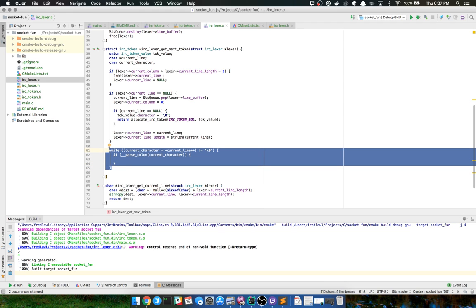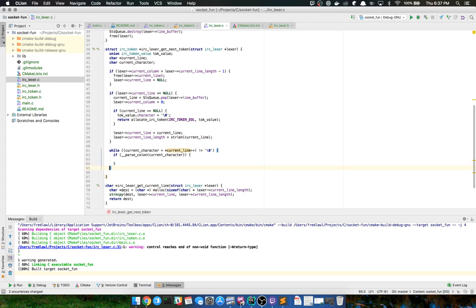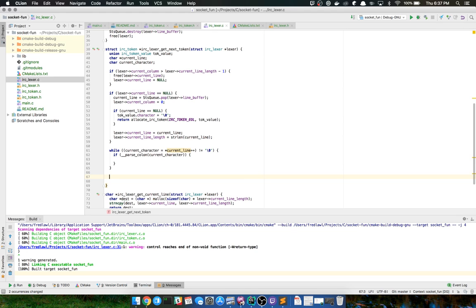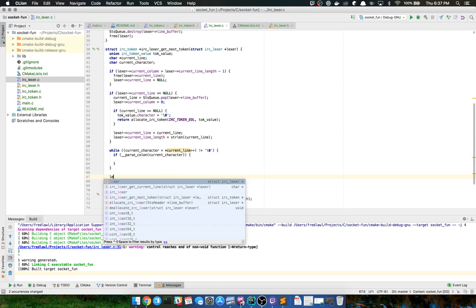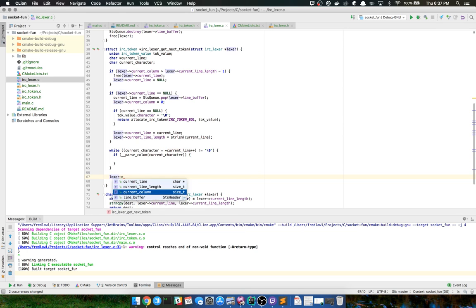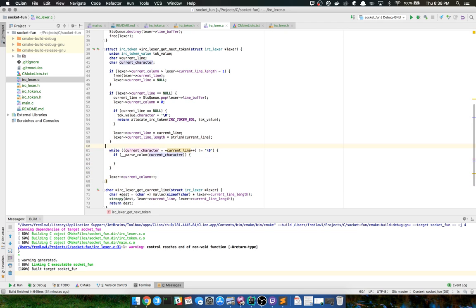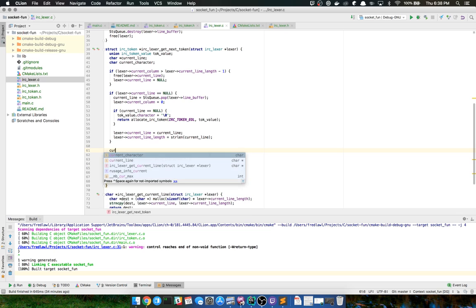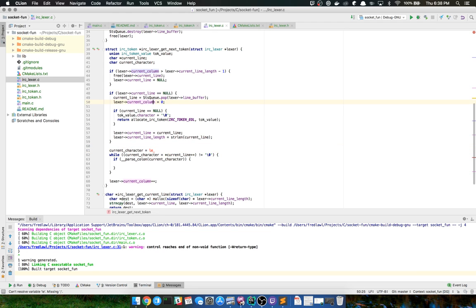So we have our current character. Now what I want to do is get that current character and increment the column. So lexer current column plus plus. And then at this point, I want to say current character is a copy of lexer, well, in this case current line should already be set.